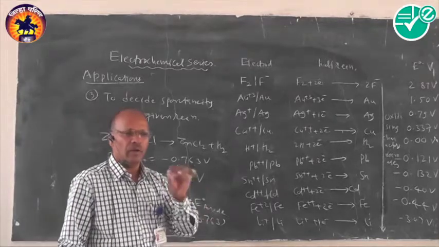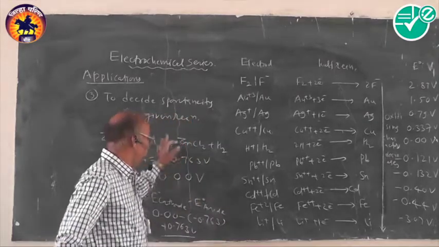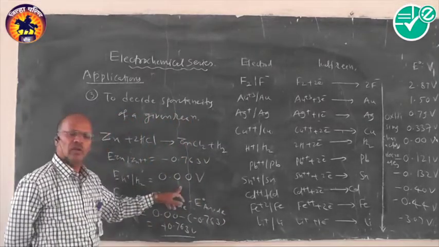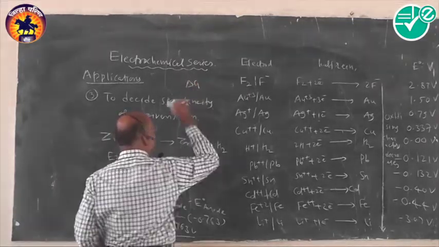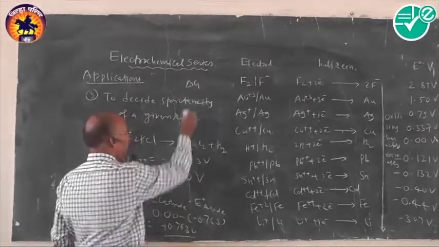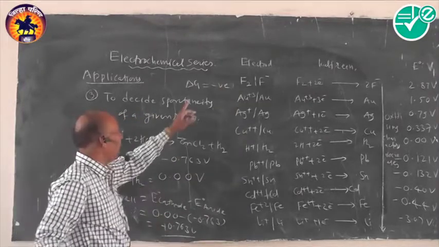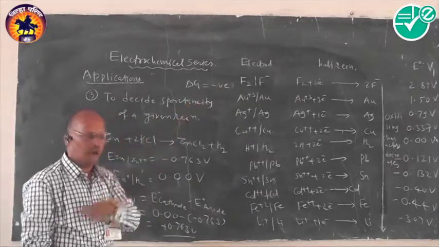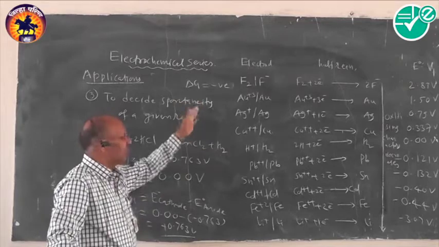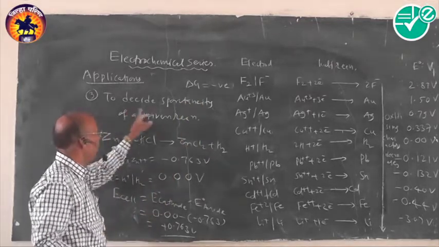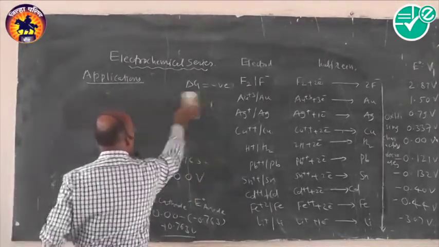So what we did here, we just calculated the E cell value, and if it is positive, the given reaction is always spontaneous in nature. On the other hand, we have to introduce a new factor, free energy, also. If free energy change is negative, then again the given reaction is spontaneous. That we will explain later on, but for the sake of simplicity, remember that if E cell is positive, the given reaction is spontaneous. If delta G is negative, the given reaction is spontaneous. So it is your second criteria to decide the spontaneity of the given reaction.